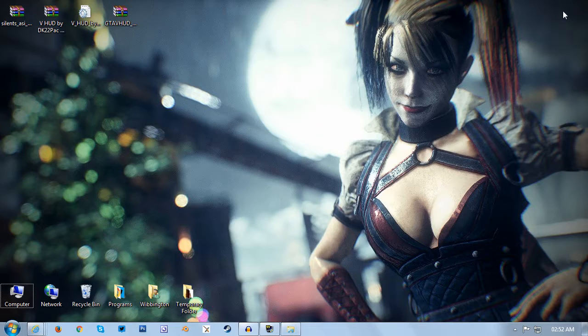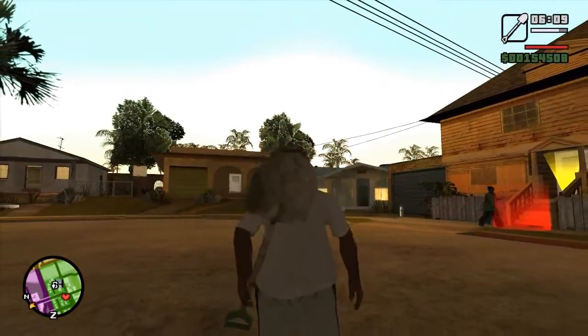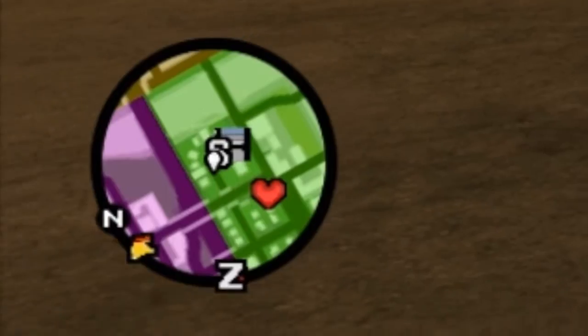However, today we're going to be looking at installing the Grand Theft Auto 5 HUD by DK22 pack, which is a more advanced version of the GTA 5 HUD I've previously shown how to install. It looks a lot nicer, it has a lot more nifty little features, and it's a little bit simpler to install. So, if we cut to San Andreas quickly, we can see here down in the bottom left hand corner